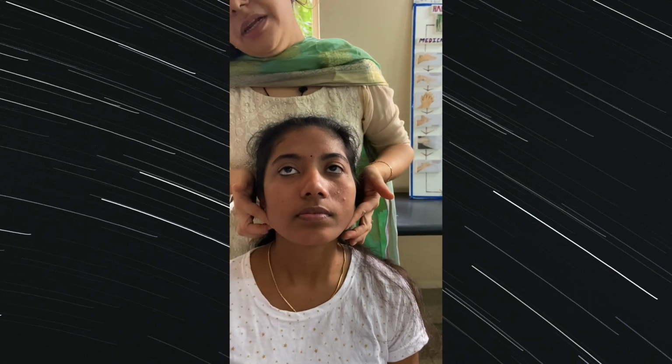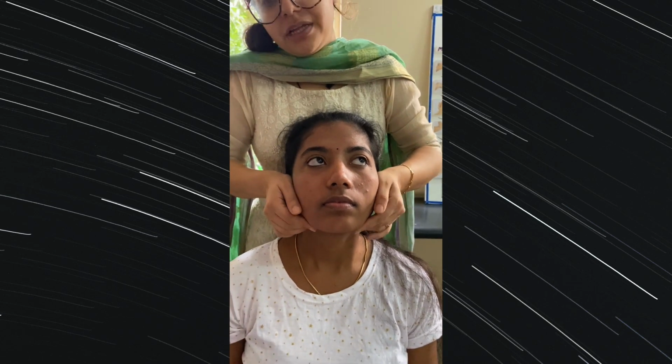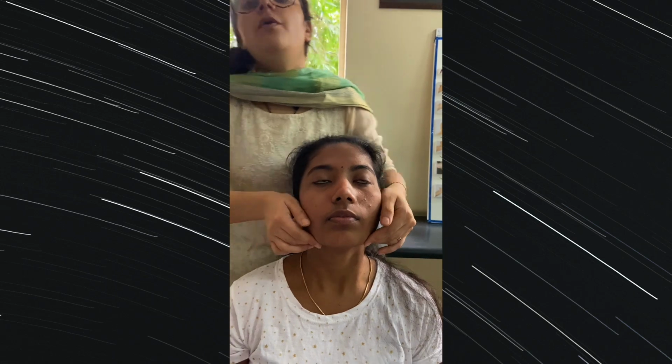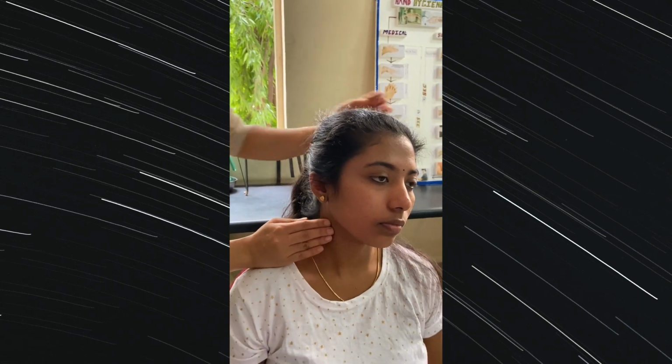This is the submandibular jaw. Here we have to palpate for the lymph nodes. Are you feeling pain? No. If there is no pain, we come to the posterior cervical lymph nodes. Here we are going to palpate on both sides. Are you feeling pain? No. We have to palpate in a rotatory motion. Then next we have the